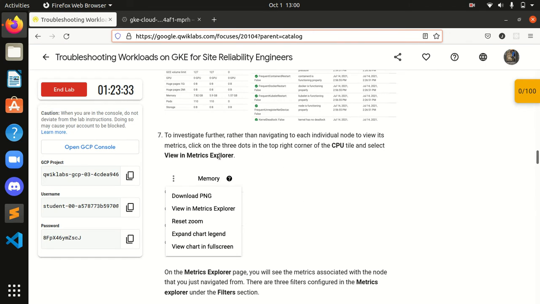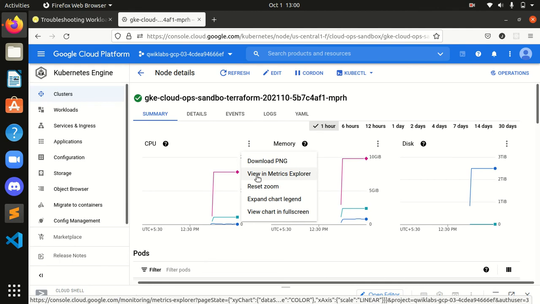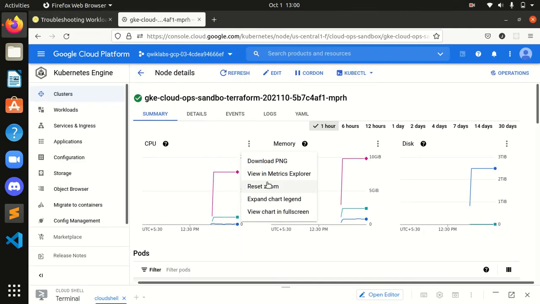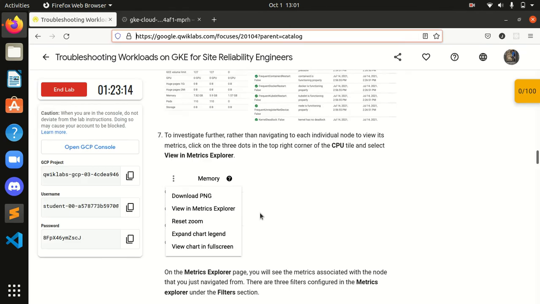Click on the three dots in the top right corner of the CPU tile. Okay, where is the CPU tile? Okay, this one, and view in metric explorer. Click on view in metric explorer over here. Okay, what's the next step?